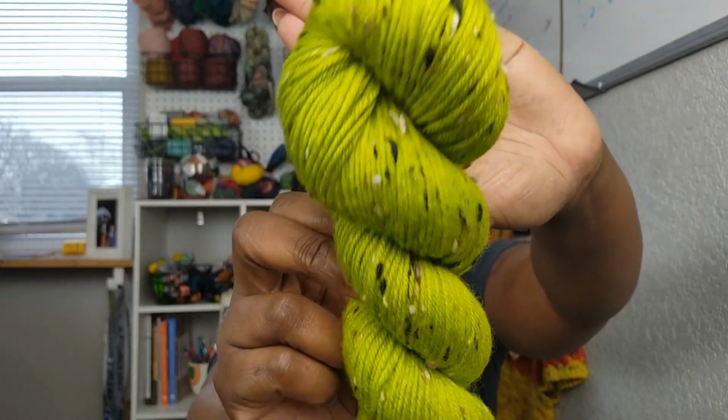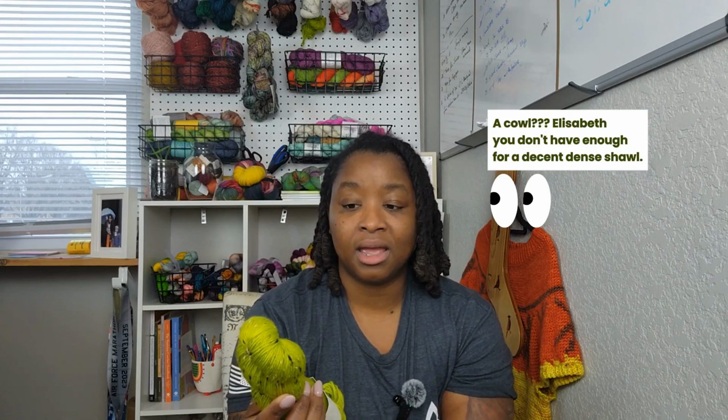It's a gorgeous color. How do you call that color? It's not just a basic green. It's chartreuse. Look at me using big words. It's a chartreuse color. It's called Green Leaf. I think I want to use it for a shawl like I was saying, but I